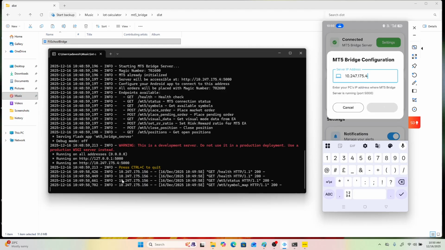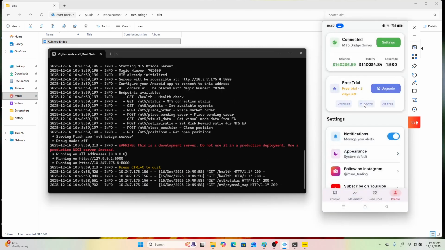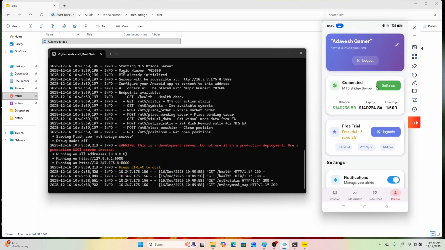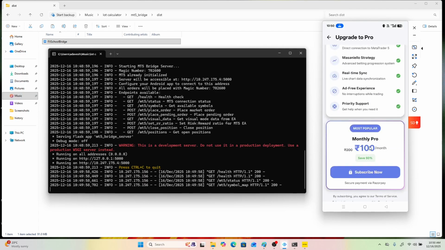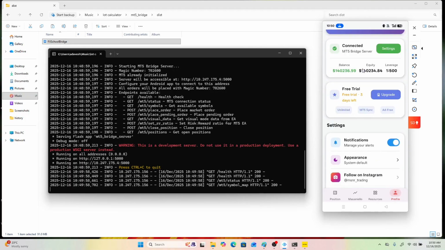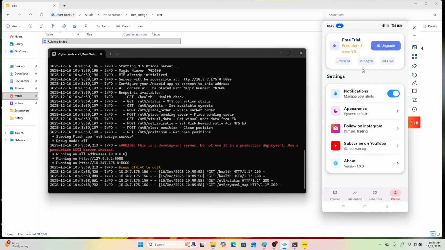After connecting, you see the API keys, and it will automatically show balance, equity and leverage. After first-time registration you will get a 7-day trial. After that you can click upgrade. I only put 100 rupees per monthly subscription. Only 100 rupees, so you will get a 1 month subscription. Every month only 100 rupees. So after that,